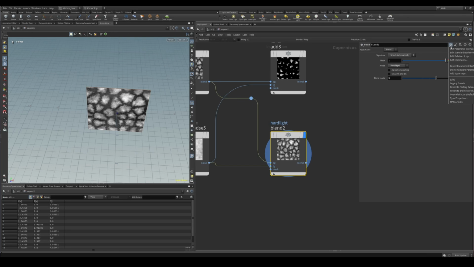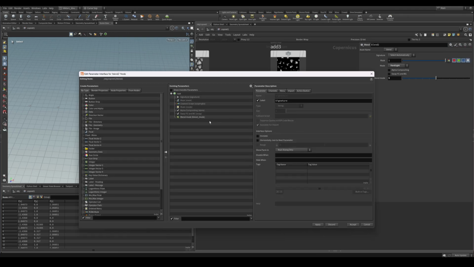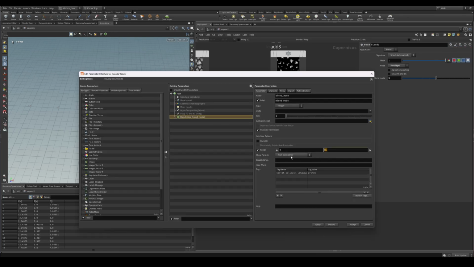So we have our blend mode. Actually, let's make our range. The range is from 0 to, and there are 22, I guess 23 items that can be selected. So just make it select 22, and this should give us all the range that we have in this mode